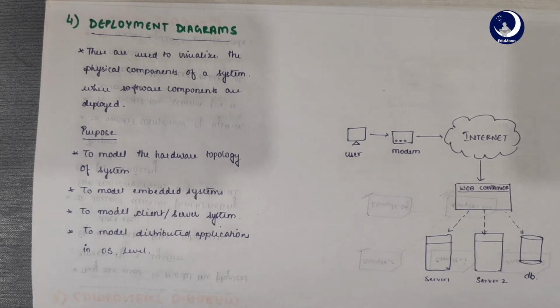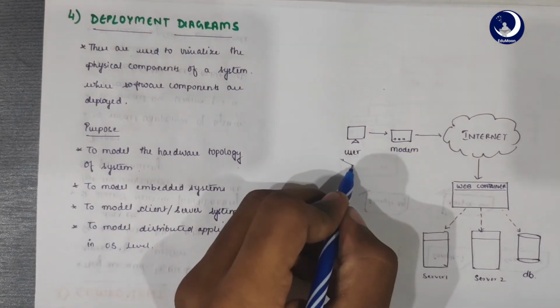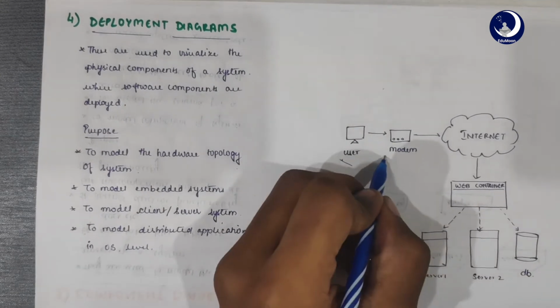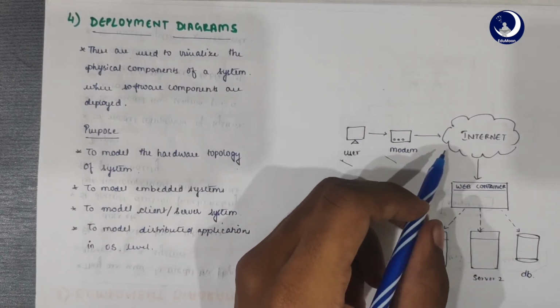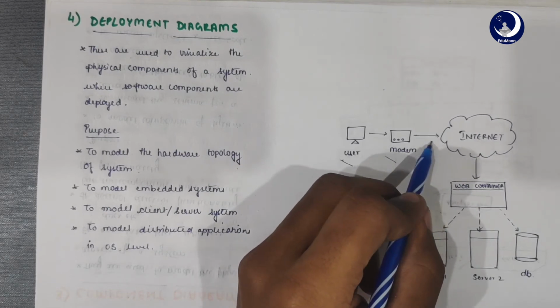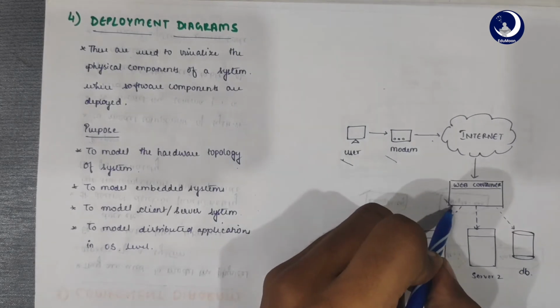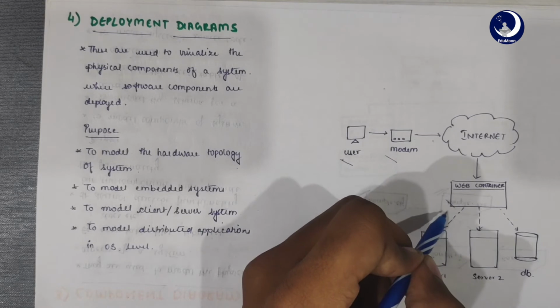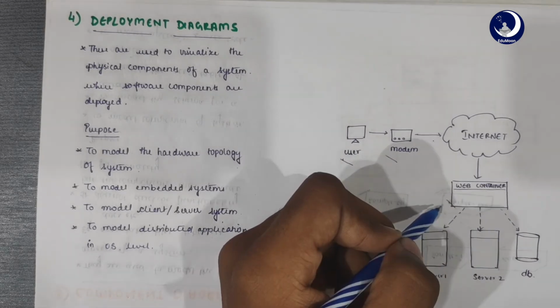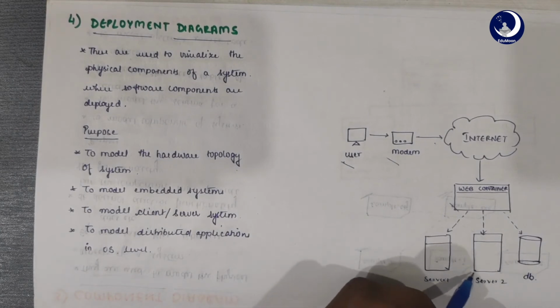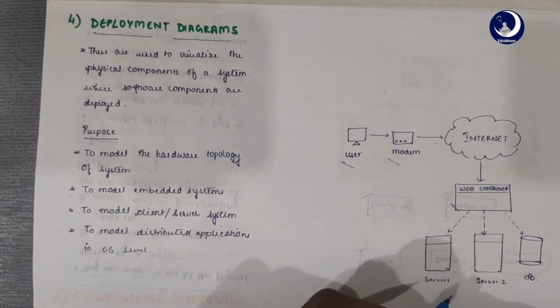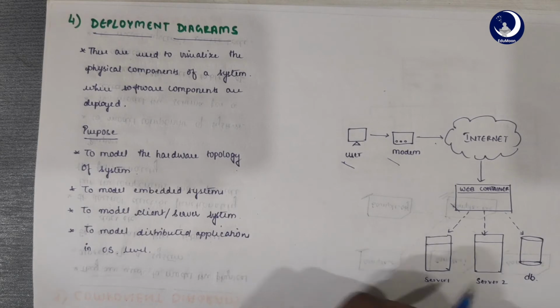Now let's look at the UML diagram. Here a user is using a modem to send requests to the internet, and the request on reaching the internet will be processed and will be further searched in its web container. A web container is basically a collection of web servers and application servers, which on further processing will retrieve data from server 1, server 2. That is, we can say them as many servers in which the data is present, and also from the database